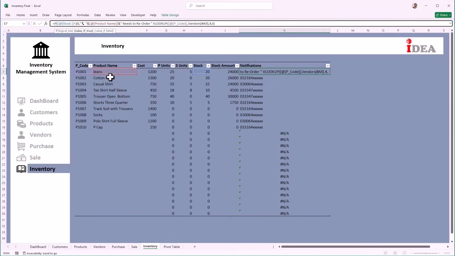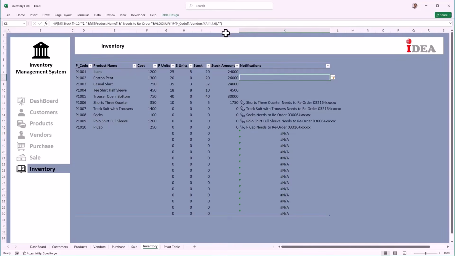Type double quotes, type an ampersand, go to the end of the function. Finally, type a comma, add 2 double quotes, and close the parenthesis. Press Enter. And now, only those products with less than 10 units in stock will display a clear notification message. This gives your inventory sheet a professional and automated stock alert system, making it easy to monitor low inventory at